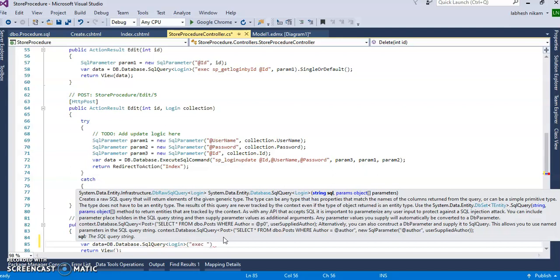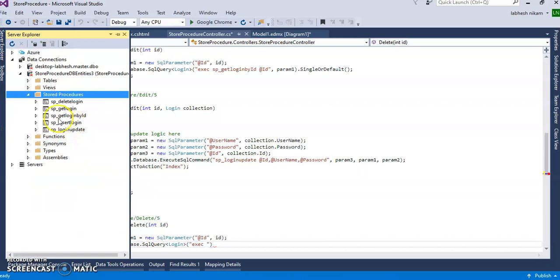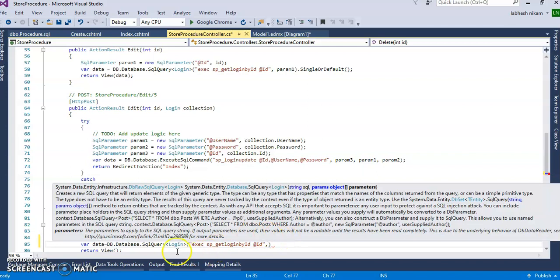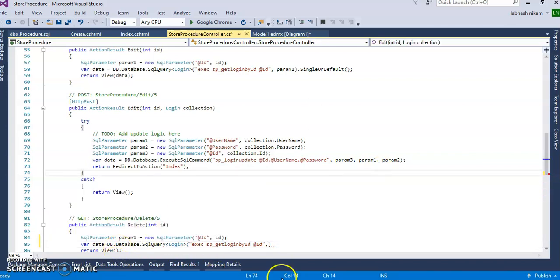Execute sp delete? No, we don't execute this delete login query, but we will execute that query to fetch the row. Which one? This one, sp get login by id. So here you will write sp get login by id, and using that id, where the object of the id is param1.